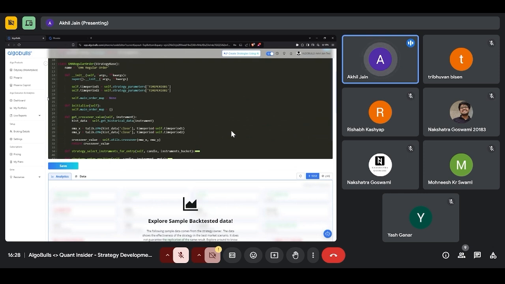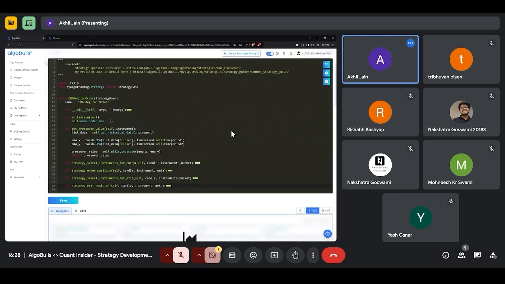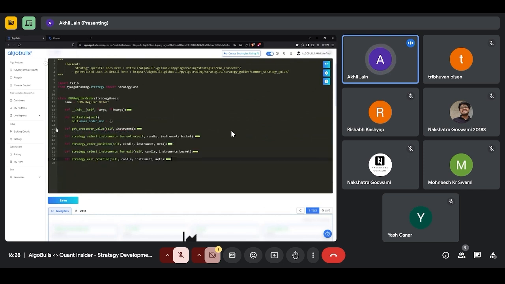I don't have any delivery based strategies to show you right now over here, but I would like to point out one thing. Whenever we start the strategy, and let's say we want 3 days of backtesting, whenever I start the strategy at the very first time, let's say it's a 5-minute candle.